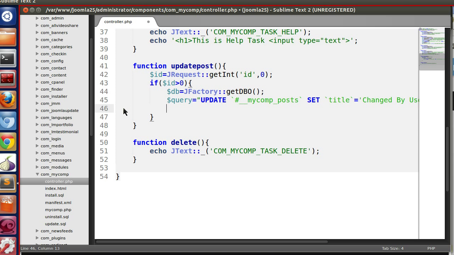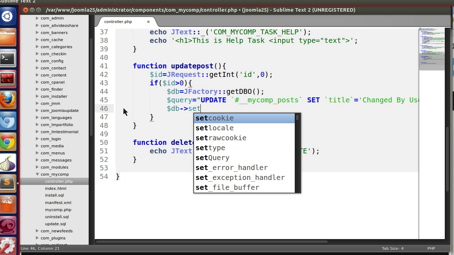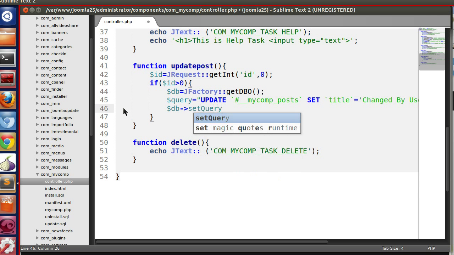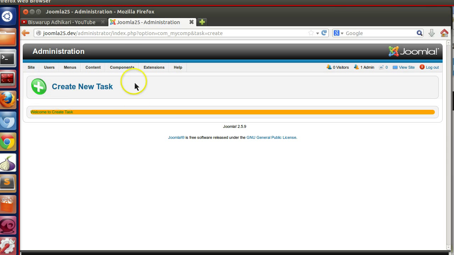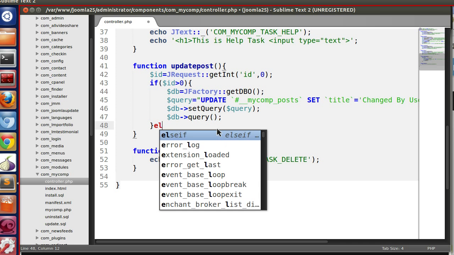So now we have to execute the query. So $db set query, $query, $db query. Okay, so update post. So let's go to the backend and call this function, or we may write here else